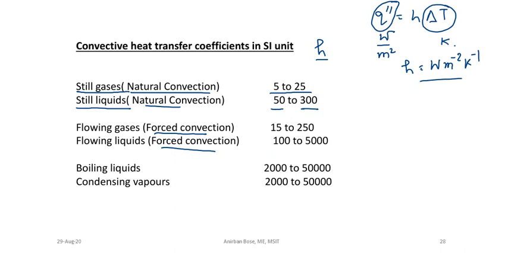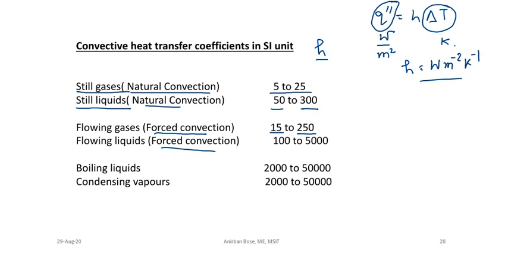And if it is for the gases, for forced convection, you see its value from 15 to 250 in that order. So you just try to get some idea of what the value should be. Already I have told you that you cannot specifically tell that this will be the value of h. Actually, to find out h, you have to solve a lot of partial differential equations that we are going to study when we study convection.